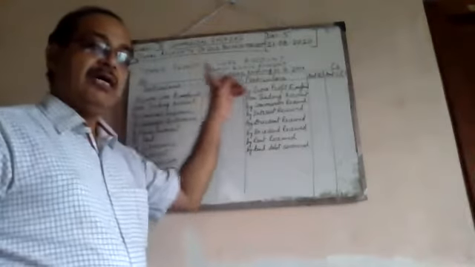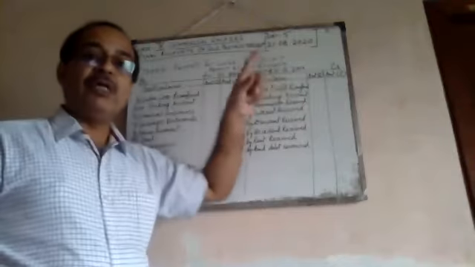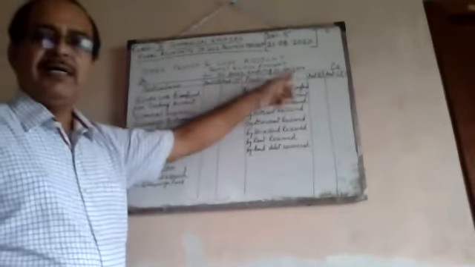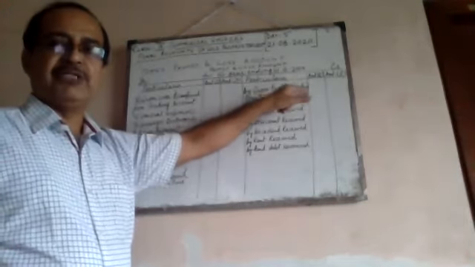Or if it is a gross profit, the balance was put on the debit side of the trading account, so it has to be brought to the credit side, because all incomes and gains are put on the credit side. So: By gross profit transferred from trading account. This is the first thing you need to do. The gross profit or gross loss needs to be transferred to the profit and loss account. If it is a gross loss, transfer it to the debit side, and if it is a gross profit, to the credit side.